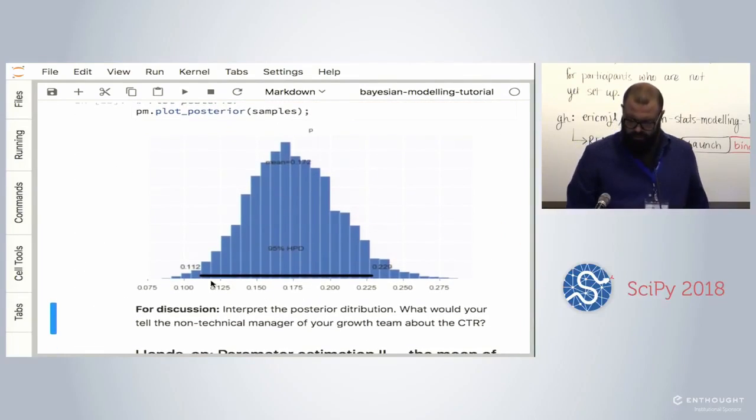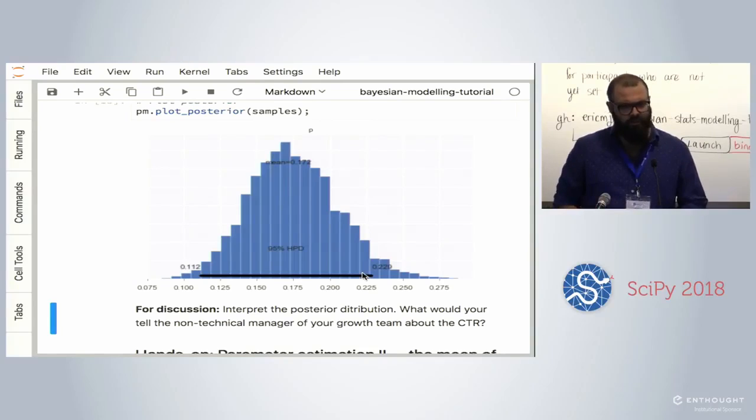And what we get is 95% confidence intervals here. So we see with 95% confidence or certainty, we can say that the real value lies between like 11% and 22%. And as opposed to getting, once again, a mean and error bars, we have the entire distribution. And what I mean by that is,